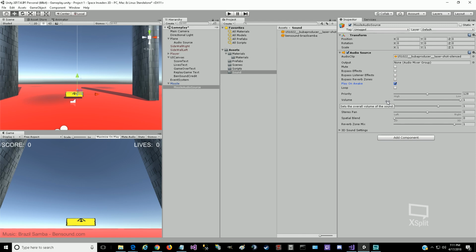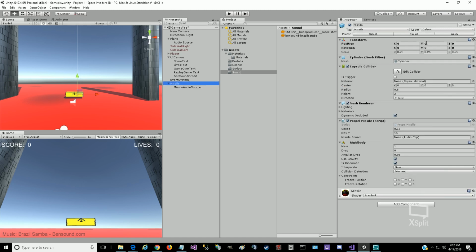But the problem is this is an instance in our gameplay scene. This is an instance of my prefab. The prefab is where, when you click, it's generating the missiles. Well, it's generating from the prefab. I haven't applied these audio changes back to the prefab. So that's why it wasn't working. So if we hit apply right now,